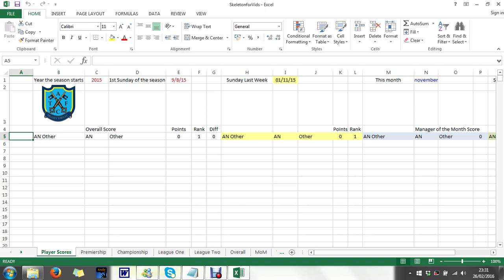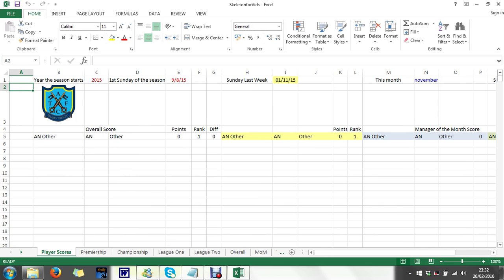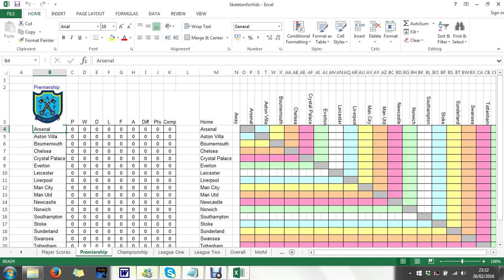There is what year you're in, what's the date of the first week of the season, what's the date of the first week of the season again, because it's the first week, is last week, so there'll be no change. What's the month of the first week of the season, and what's the date on the Sunday at the end of the first week of the season, which once again will be the same because it's the first week. It changes as the season goes on. So what the workbook needs to know is this: